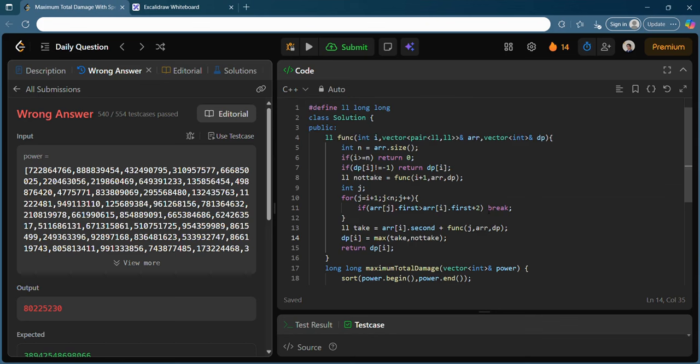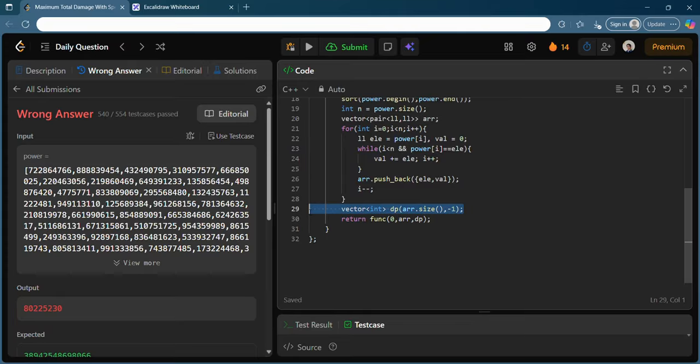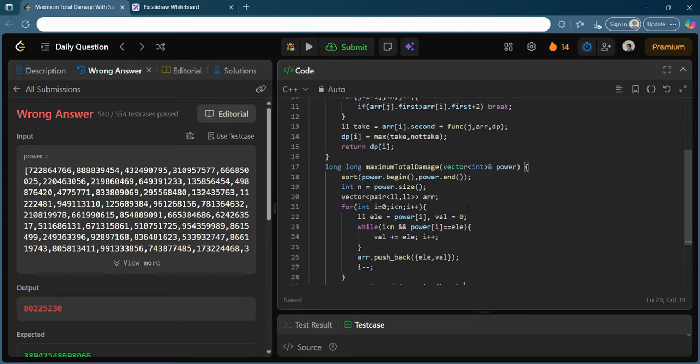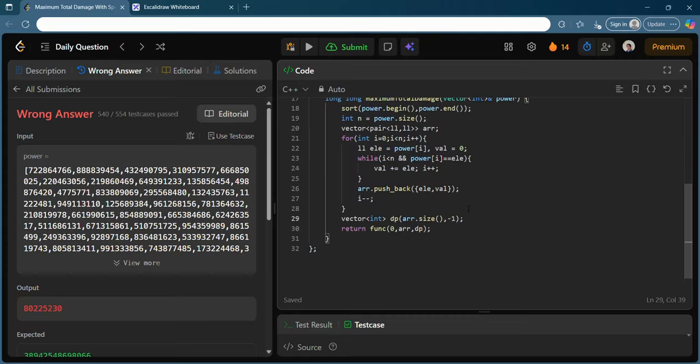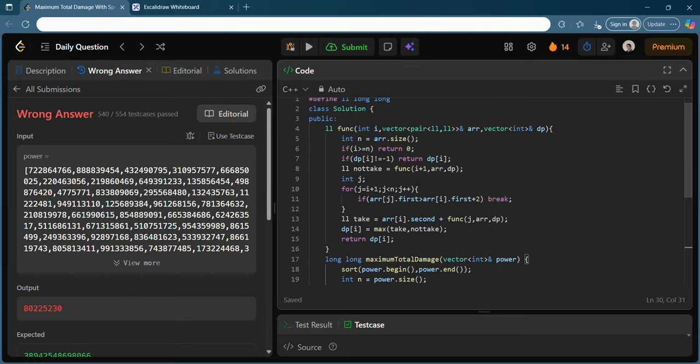So yeah, I do get a wrong answer right now. Let's see what is the error that I made, or what improvement can be done. So we have this: if dp of i is not equal to -1, return dp of i, and you initialize this dp to your array.size. That's correct, and you simply pass this array as your next element in the dp. So I am definitely missing something. Let's see.